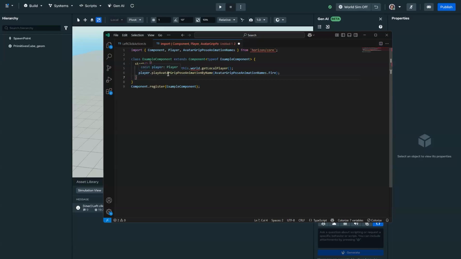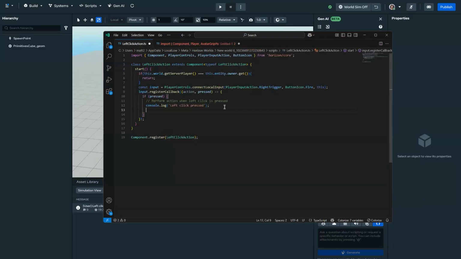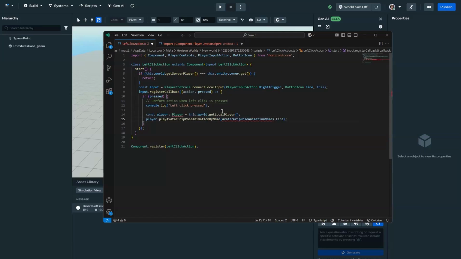Now line 6 talks about play avatar grip pose animation by name, which it mentioned in the previous message. There is a difference here: we're seeing this avatar grip pose animation name dot fire. It didn't say swing weapon or anything like that, it put fire here. So we could try that. Another thing we can do, if we want to really explore, is first get it over there. But if we want to continue exploring,